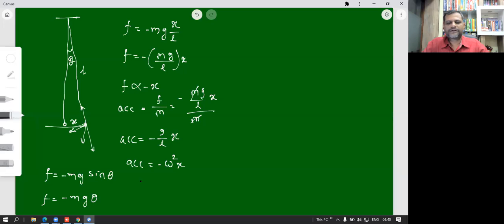That is the equation for acceleration in case of the SHM. तो SHM के अंदर का जो acceleration का expression है